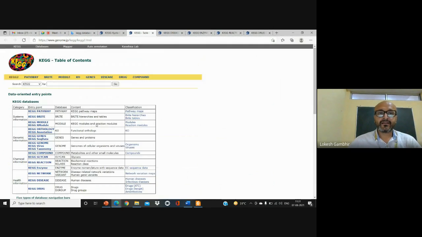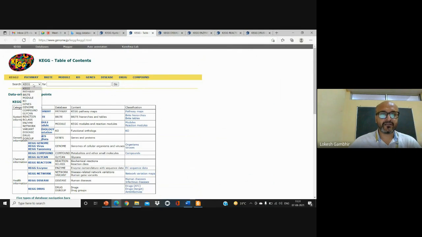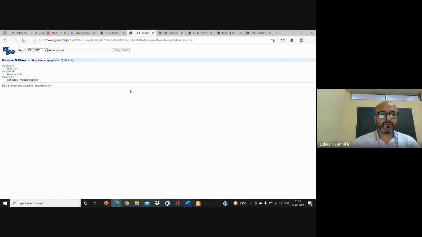Now let us first see what happens. The search panel will be given to you in any module you open. This is the search panel that is there. You can select any pathway from here. Let us first talk about the pathway. I am interested in studying, let's say, the apoptosis pathway. So you write apoptosis and you go for the search module. It will give you a page which is indicating three aspects.